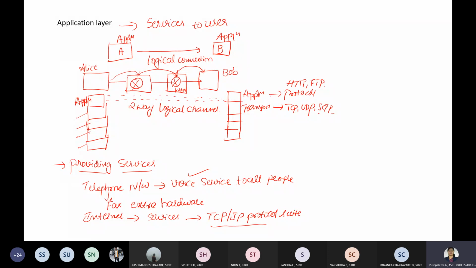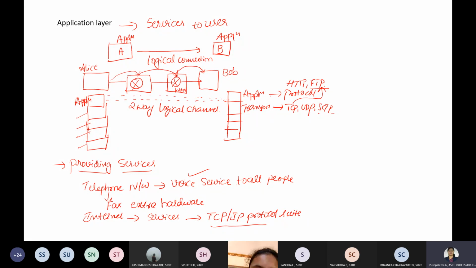So however we consider, if a protocol is added to each layer, it should be designed in such a way that it should use the services provided by one of the protocols at the lower layer. That means if I say it is FTP, it should use the services of one of the protocols of the lower layer.